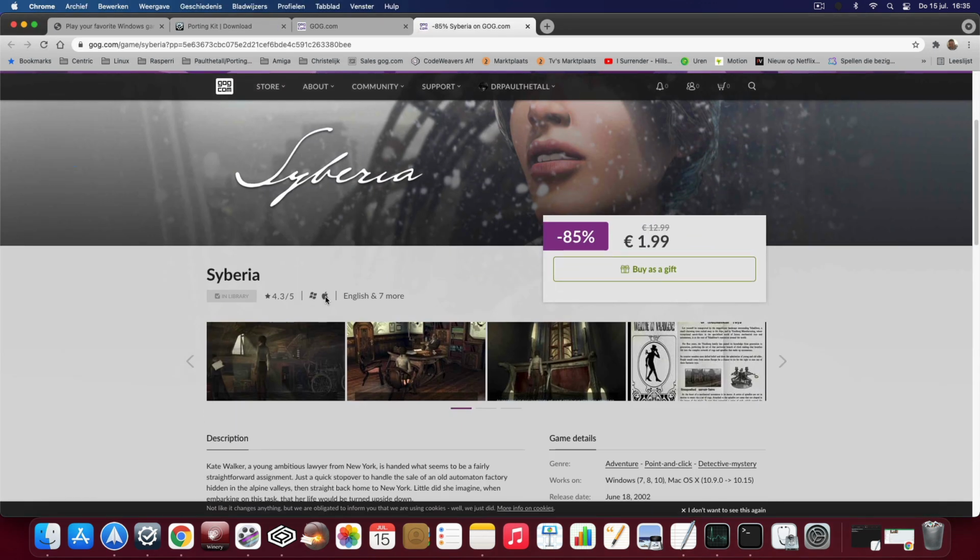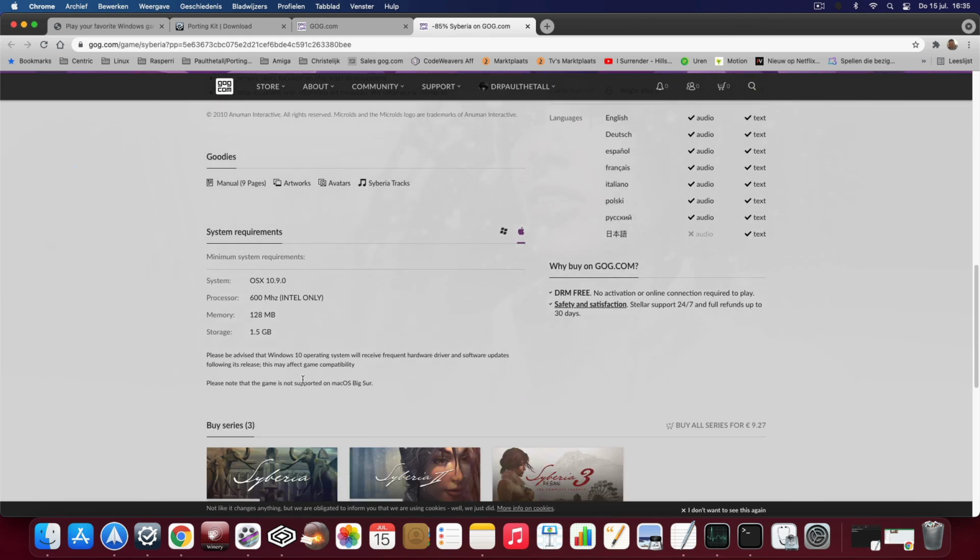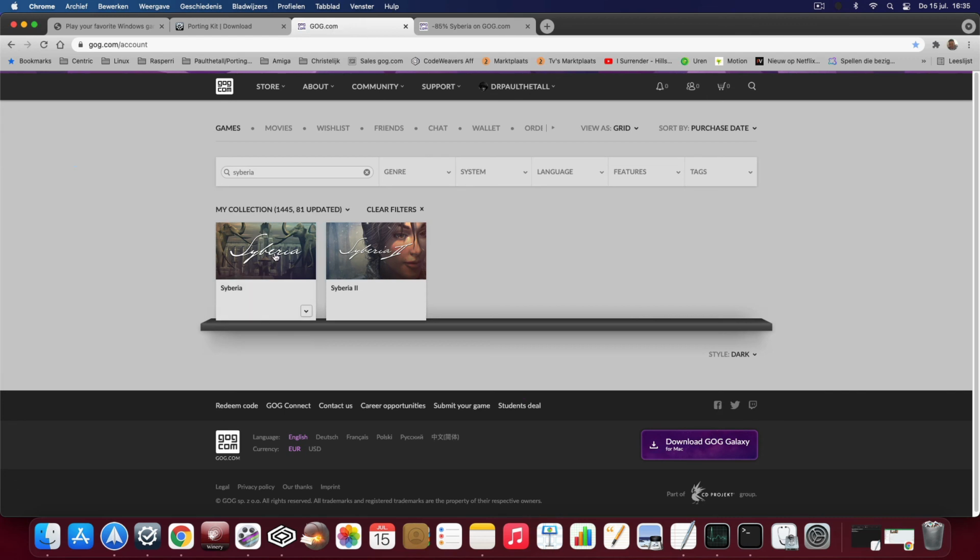If you go to the game page here, you see it has an Apple sign. Okay, it's still working for Apple, but if you check carefully, you can see here that the game is not supported on macOS Big Sur and Intel only. So when you download the setup file, because you need the setup file,